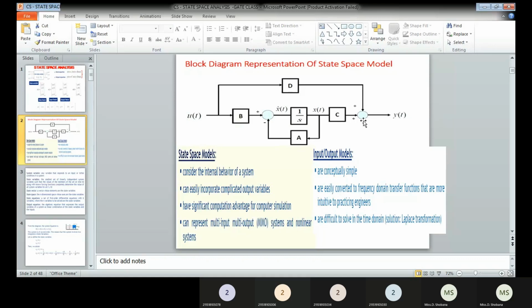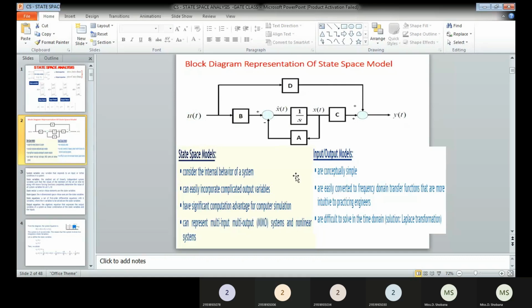So now we have x of t from the integrator output. What we are going to do is take this signal and give it to the block gain, which is nothing but your C. So x of t is given as the input for this. The output will be C into x of t, which is given to another adder. Here we will have the input signal u of t. From this, the signal is tapped out and given to another block gain D, in order to get D into u of t. The output of this will be D into u of t, which is given to the adder itself. Therefore the output of this will be y of t, which is nothing but C into x of t plus D into u of t.